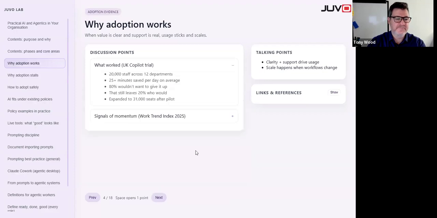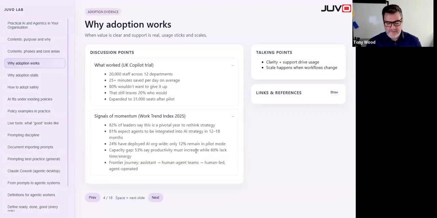So, cost governance. A couple of areas in here look at where it worked in the UK. Microsoft did a rollout to 20,000 UK government employees, and on average, from that report, 25 minutes was saved per worker.